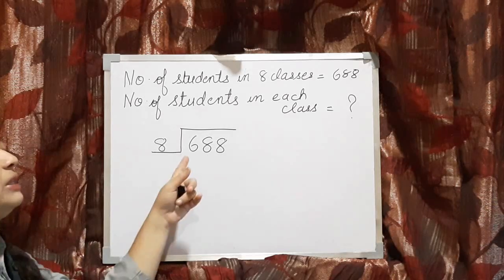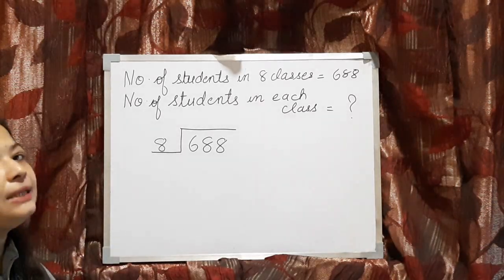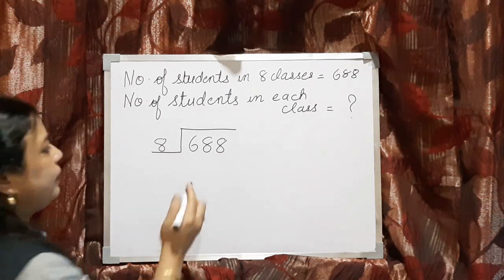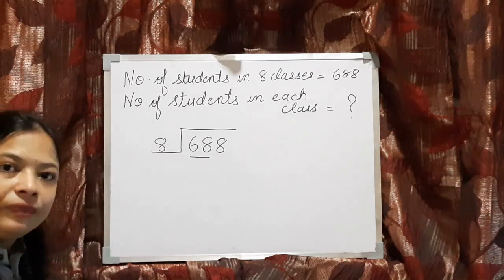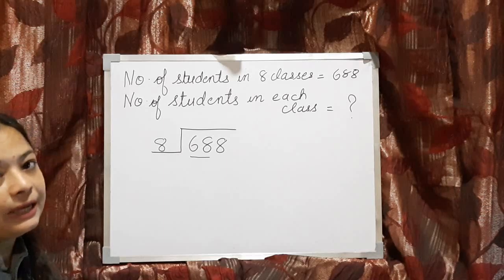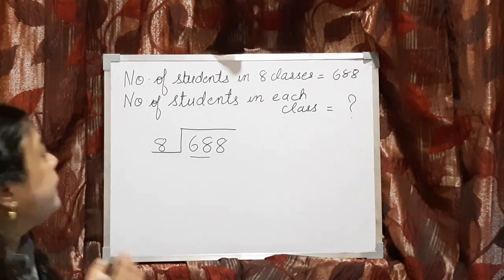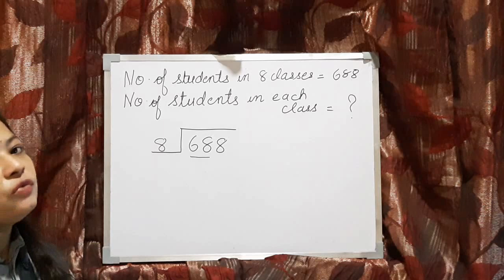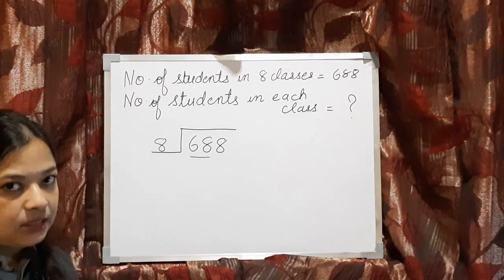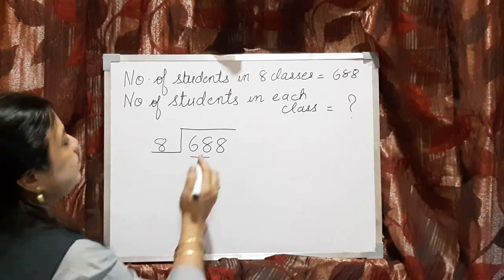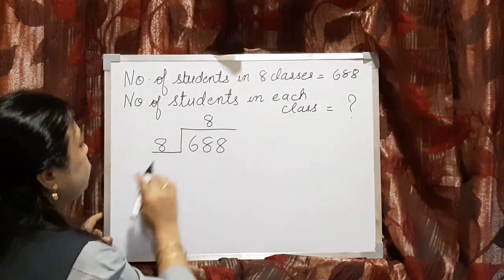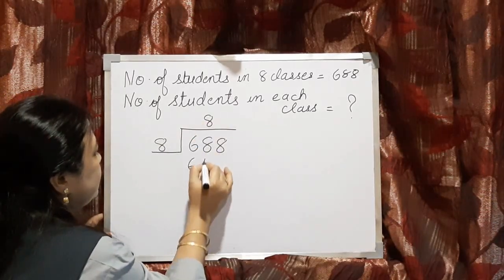Again, see the first number, it is 6 and 6 is less than 8. So we can't take one number, we have to take two numbers at a time. So these two numbers we are going to take, because if you take 6, then in the 8 table 6 doesn't come, 8 1s are 8. So we can't take it. Now 68 is there, so what will we take? 8 8s are 64, because 8 9s are 72, that also we can't take. So what will we take? 8 8s are 64. And we will start writing from here, because we are taking two numbers. Okay, so 8 8s are 64.